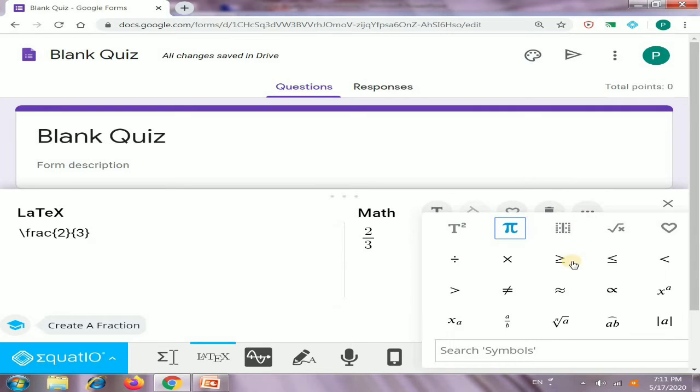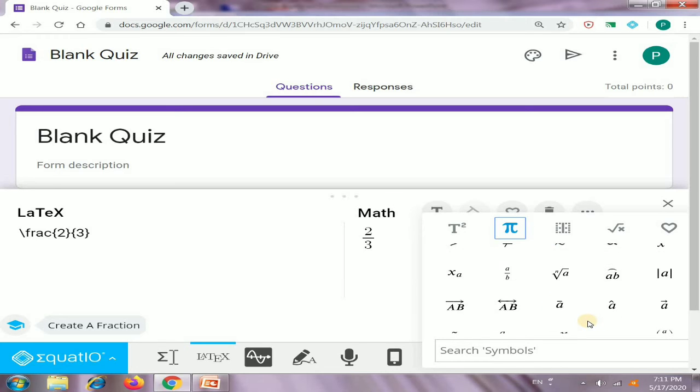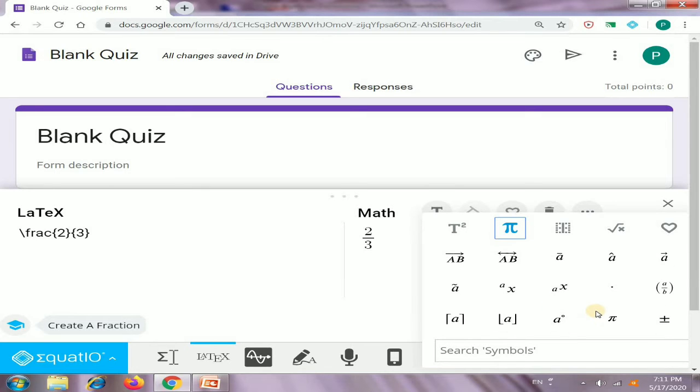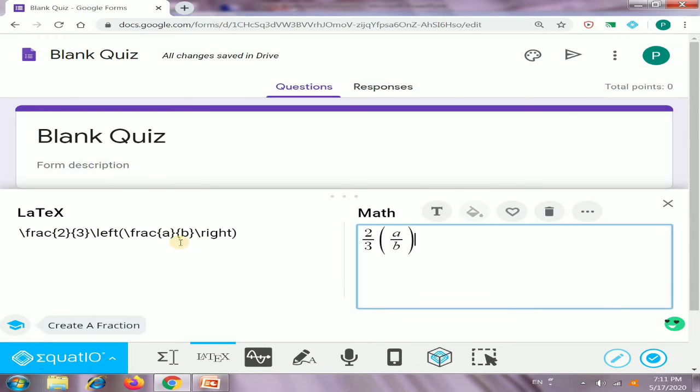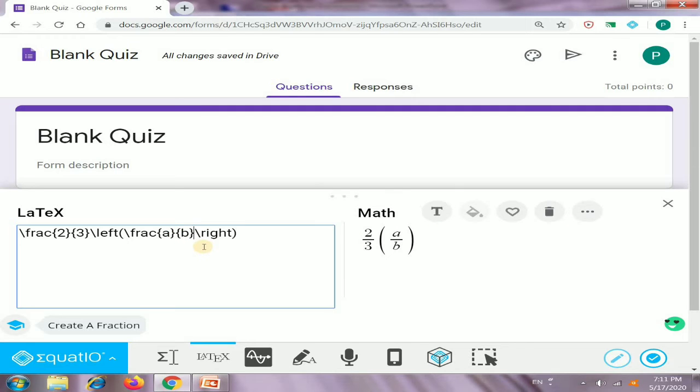Now suppose we want to insert another fraction, but with brackets. This is the coding for fractions with brackets, left and right. Here also we can change the value of a, suppose to 34, and for the value of b we are writing 30.